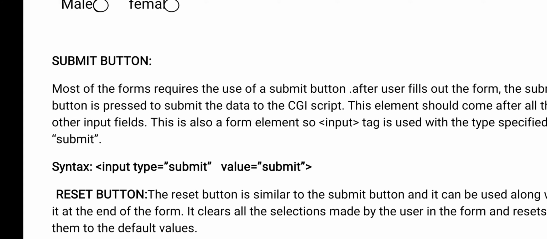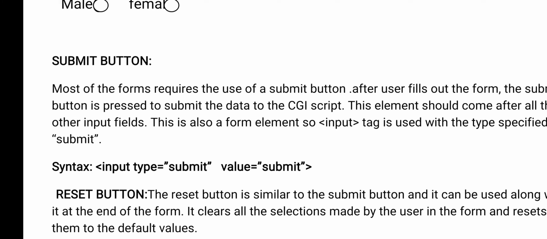At that time only, whatever fields you have entered will be submitted to a server, and most probably this button is written at the end of the form. At the end, submit and reset, two buttons are written.